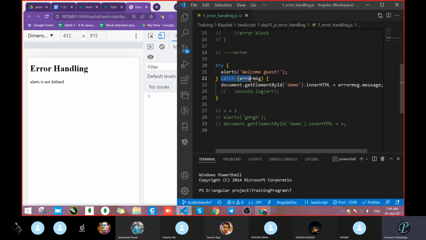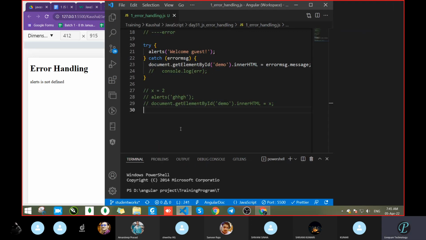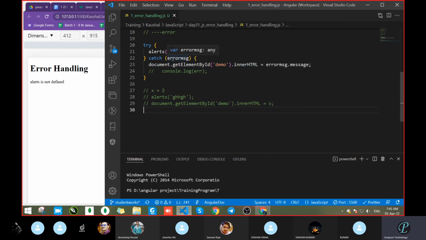Because this catch has the property that it will handle all the errors. But what was the demerit in the earlier section? Were we handling this error or not? We were not handling it. We were throwing this error on the console, but there was no variable in this case that passed the value of the error. So here we got the variable that delivers all the error messages. With the help of catch, we can get that value. So inside catch, we have to pass the variable, and with the help of the variable, we can get the message.